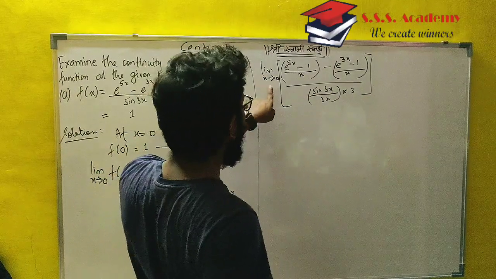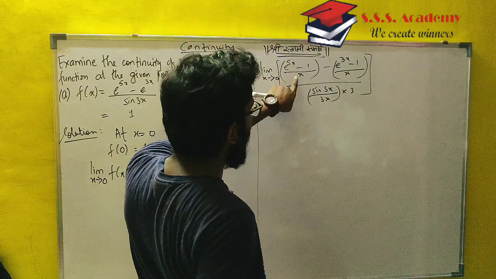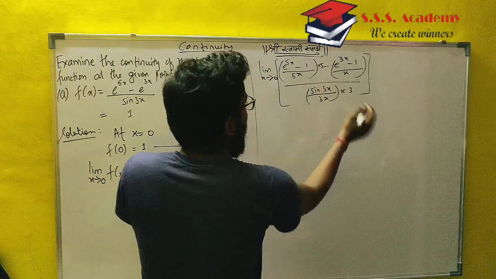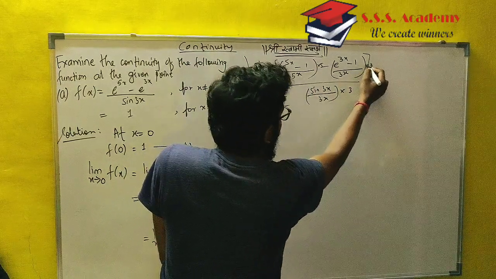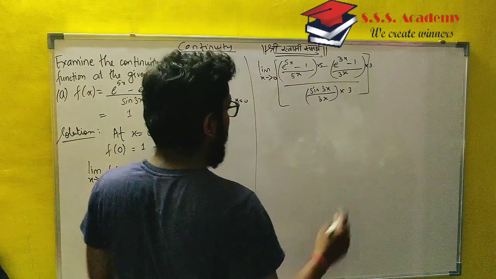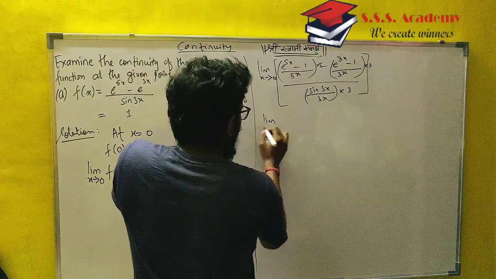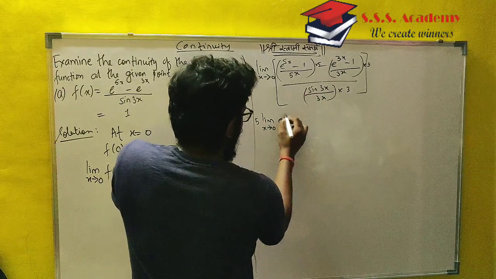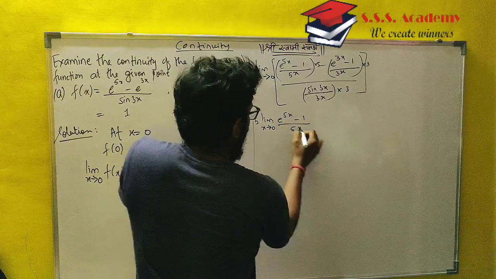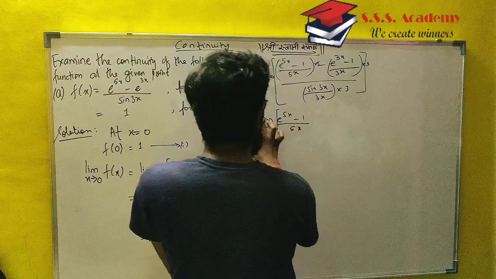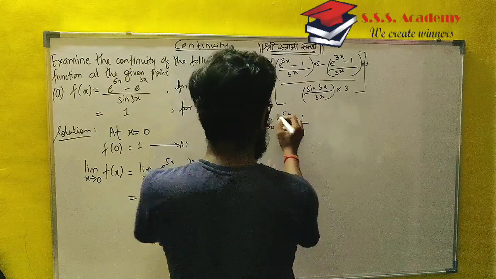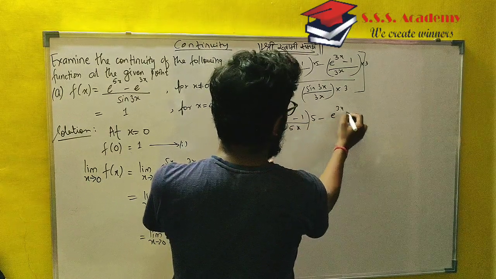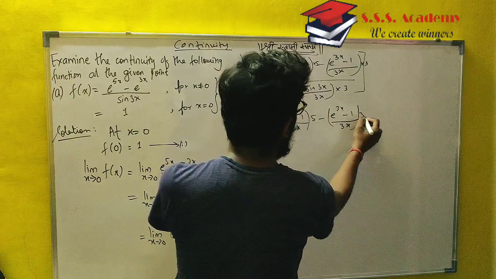Now to each term we are going to apply the limit. We can see that e raised to 5x is there, so we want a 5x also in the denominator. So we'll multiply and divide by 5. Over here we'll multiply and divide by 3 so that it satisfies the condition. Now we'll individually apply the limit. So we get limit x tends to 0, 5 written before this, e raised to 5x minus 1 upon 5x. We'll apply it in the numerator first, minus e raised to 3x minus 1 upon 3x, the whole times 3.